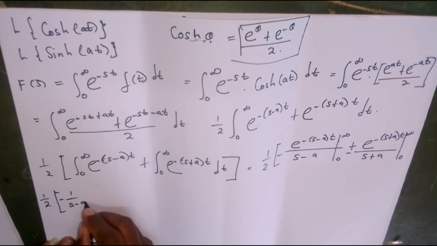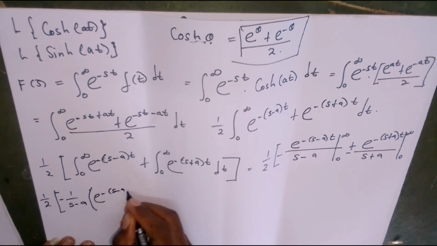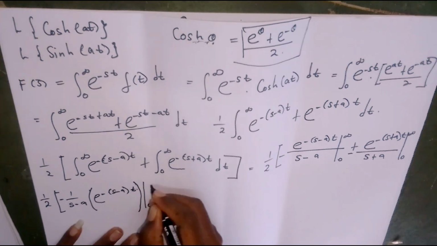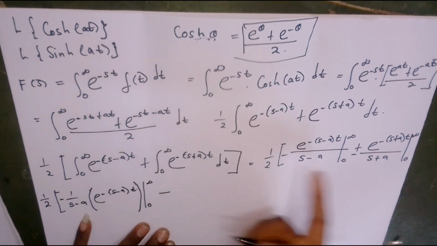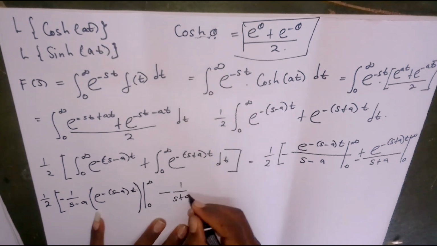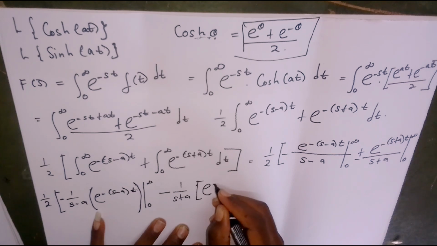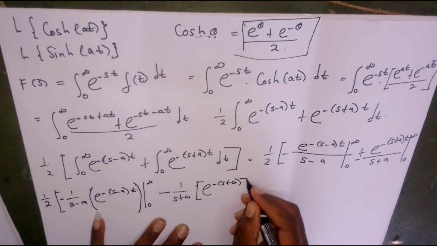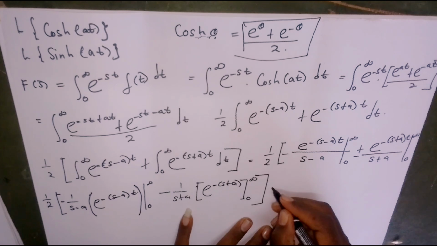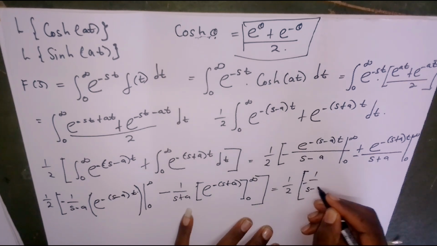We're going to be left with a negative 1 over s minus a, and then we leave e to the power negative (s minus a)t with our limits 0 up to infinity, and then there now we get a negative here, so it means you're going to be left with a negative 1 over s plus a, and then in the brackets you're going to be left with e to the power negative (s plus a)t, lower limit 0 up to infinity. So finally